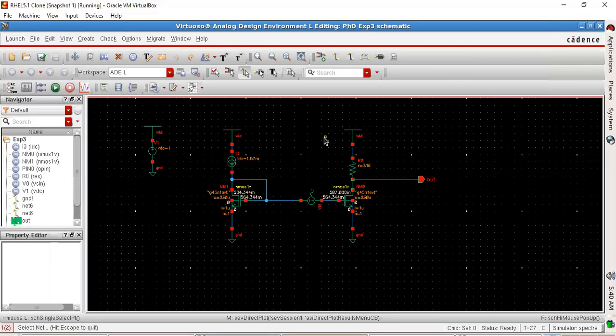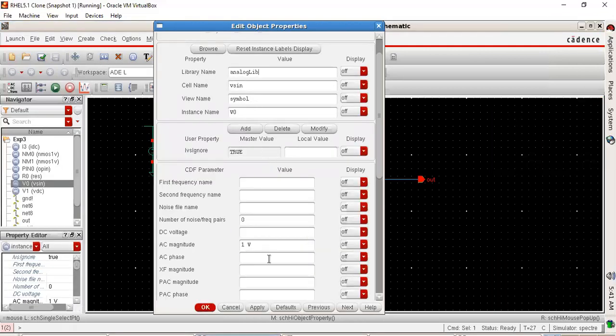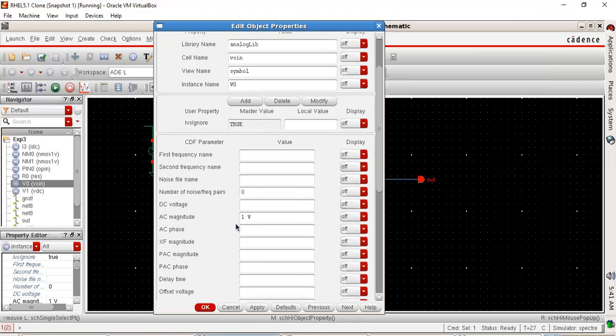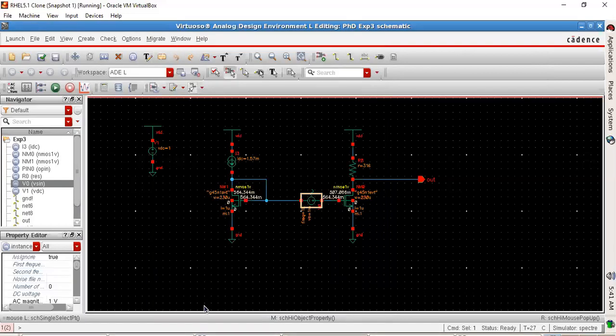the transient in the time domain, what you can do is you can again go back to this source. You can set up an amplitude here. You can set up an amplitude, say 1 milli. You can give a frequency, say 1 kilohertz, and then you can save it. You can run the analysis. In a similar way, you can actually do transient analysis as well.